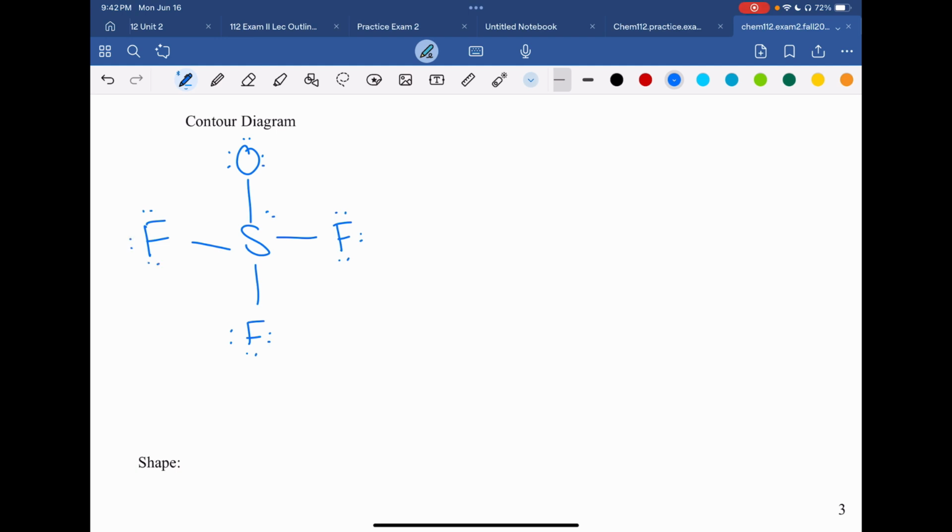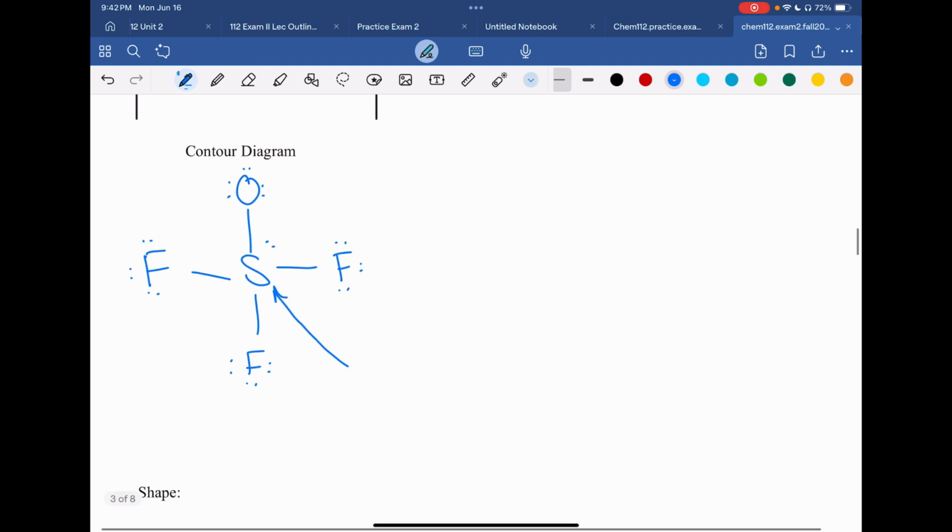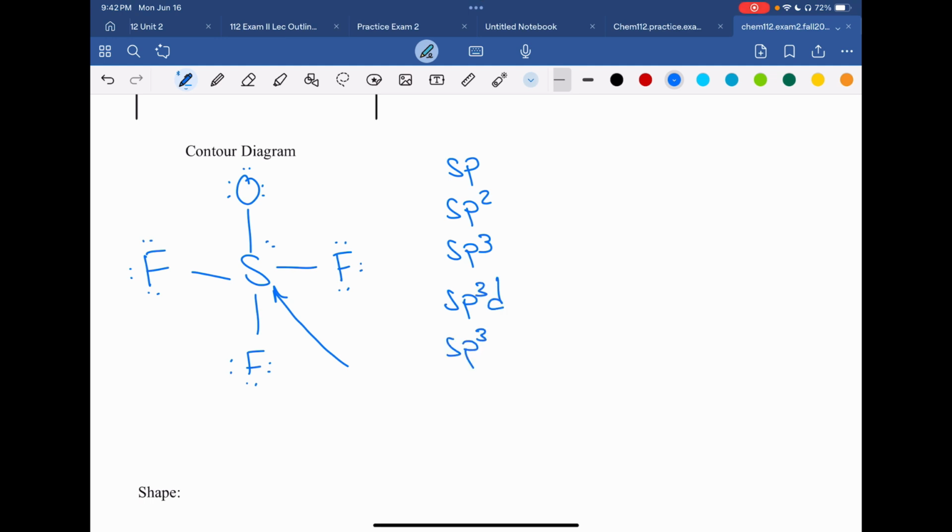Perfect. I want you to tell me the hybridization of your central atom. You have a couple choices: sp, sp2, sp3, sp3d, sp3d2. Okay,